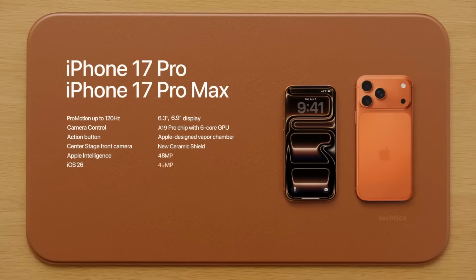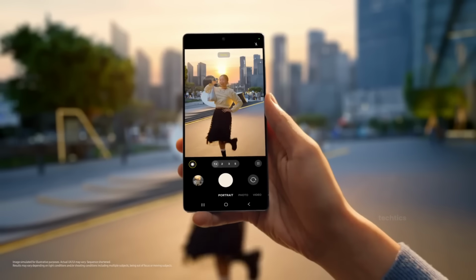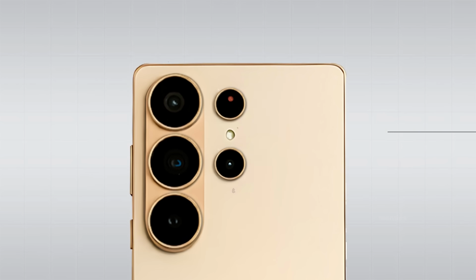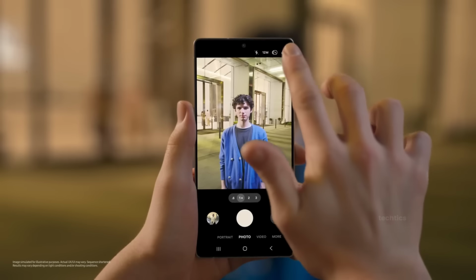As for the camera hardware, Apple upgraded all 3 lenses to 48 megapixels, sure, but raw numbers don't tell the full story. The S26 Ultra has 4 cameras plus a laser autofocus sensor, and that setup gives you way more range and flexibility than the iPhone 17 Pro Max. The unsung hero is that 3x lens. Shots from 0.6 to 10x look insane. Samsung's also giving wider apertures on both the wide and telephoto cameras this year, which means better low-light photos and